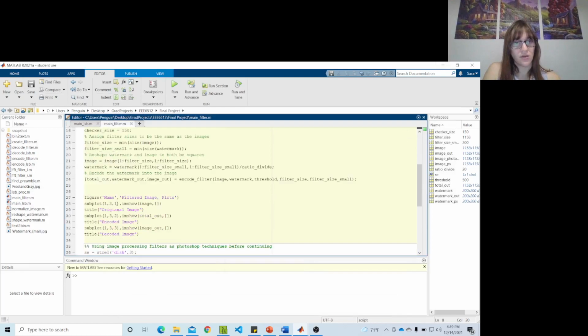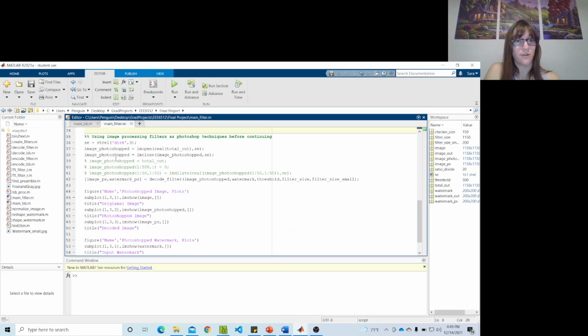Then in this, you can go down to the bottom and select different Photoshop methods. So I have an open close method, as I talked about. I've got the hiding. If you have just this one, it enables the image to just do a pass through. So it should be the same encoded, decoded, no changes. So that one should look like there's nothing different. This one will allow for the top 500 bits to be equal to 0. And then this one will do just that top little corner change. So each of these different methods can be run and tested